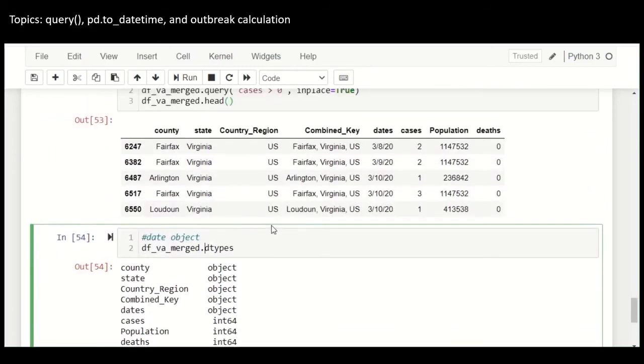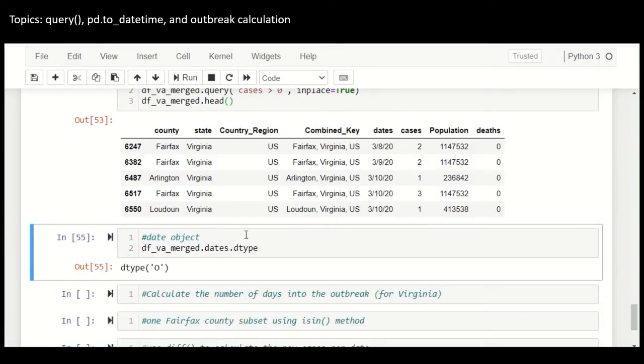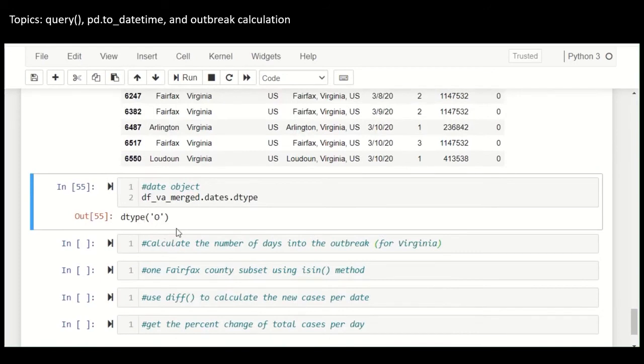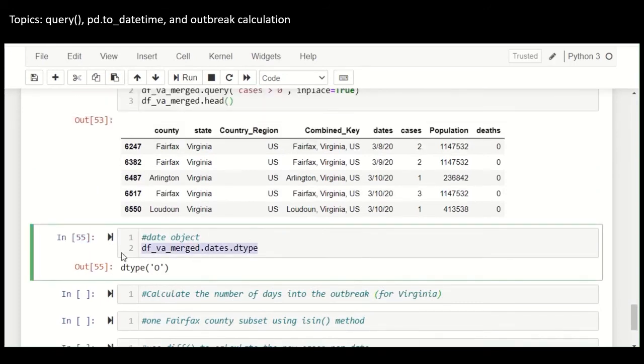So remember, dtypes is an attribute where it gives us a list of the columns and what kind of data types are involved. There's also the singular, which is dtype, and it's for a specific column. So if I want to check the dates and use dtype, it will let me know exactly what type that is. O is for object. Now I need to change the